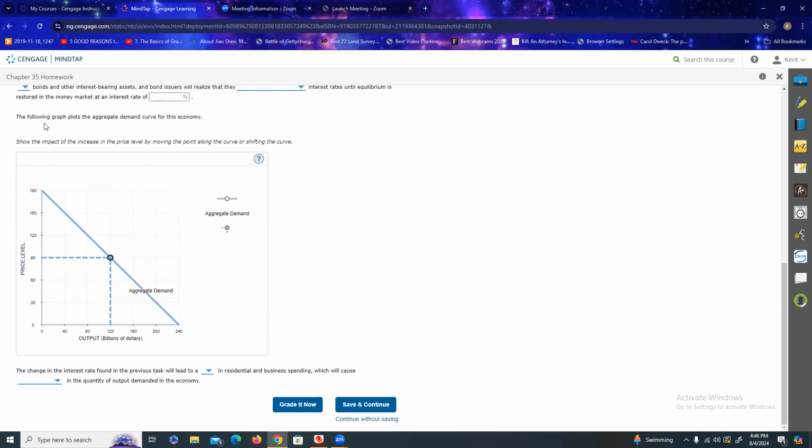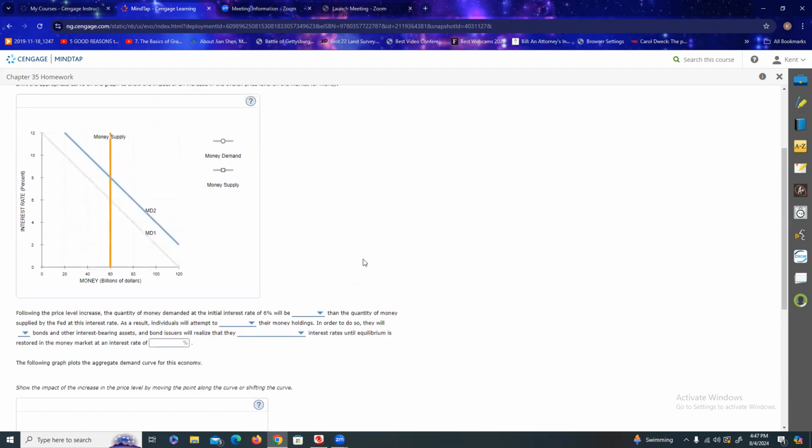Now it says the following graph plots the aggregate demand curve for this economy. Show the impact of the increase in the price level by moving the point along the curve or shifting the curve. Okay. Well, do we shift the curve when the price level changes? Is that what we do? No. Price level is on the graph. Remember when